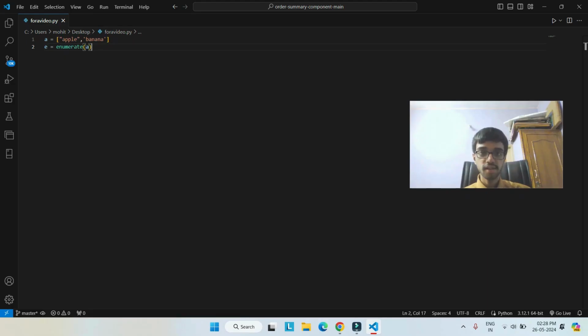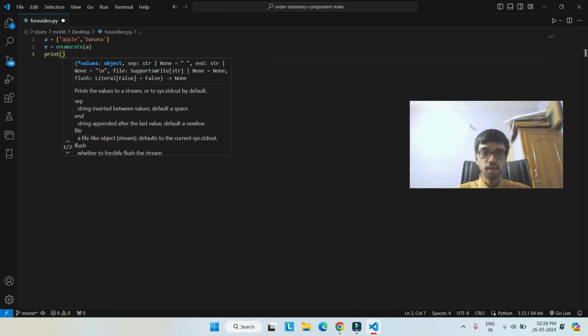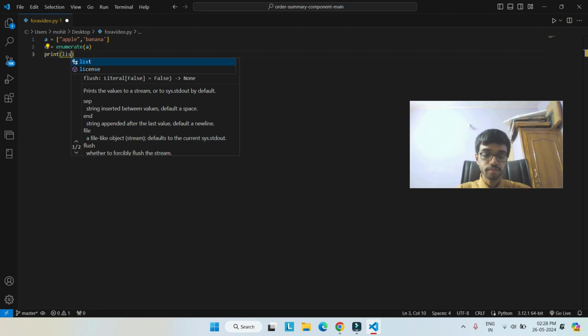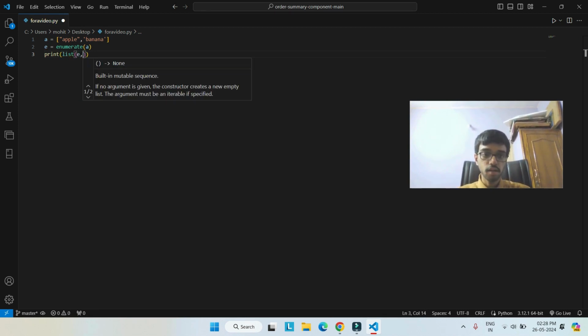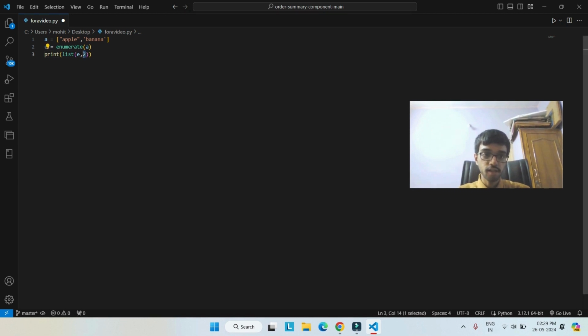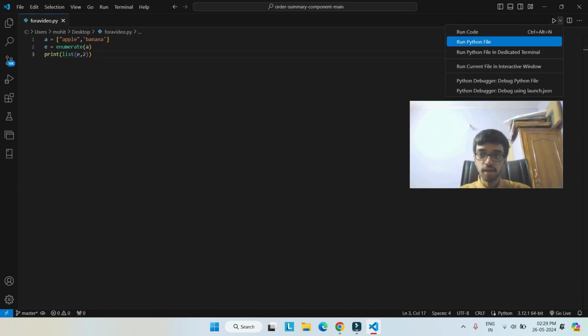Here's also another interesting fact you can find about enumerations. You can choose to print all of these enumerations in a wrapped data type instead of simply printing them as it is in a loop. And you can also add another parameter which basically specifies from which index you want the first value to start. I'll save it and now I will run that.